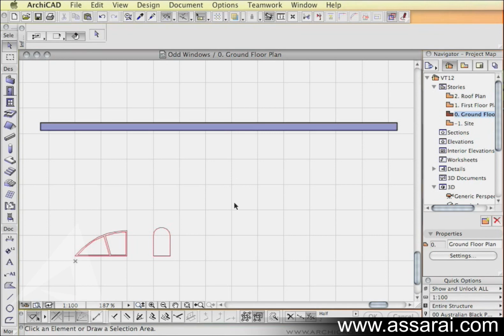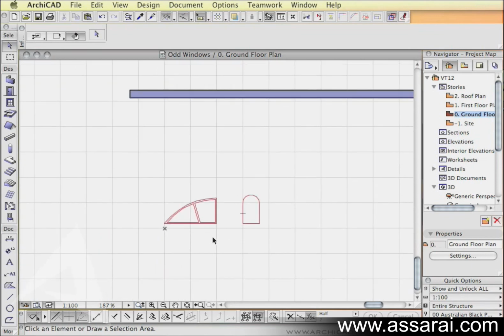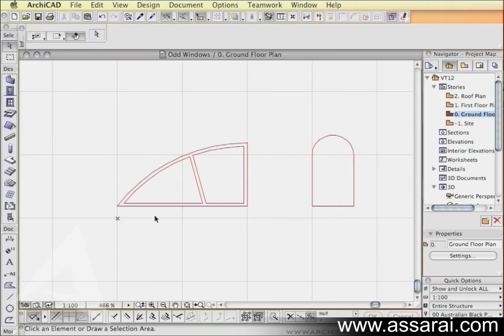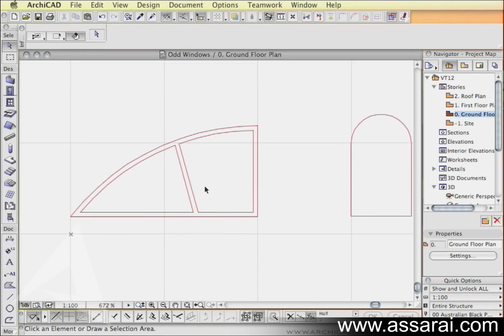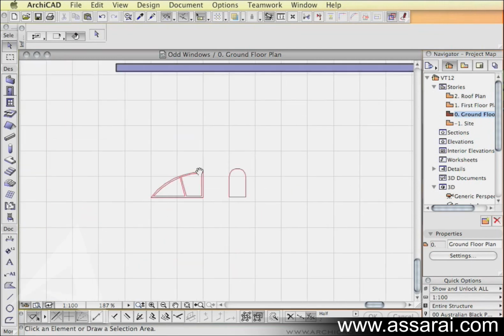Sometimes you've got a situation when you've got a window that you need to put in a wall, and this window type wouldn't be available in the ArchiCAD library. In that situation, it's the simplest to just create your own window. So we're going to have a look at creating a window that has a fairly odd shape, a sort of semicircular type of window. I already have a wall in this project ready to go,